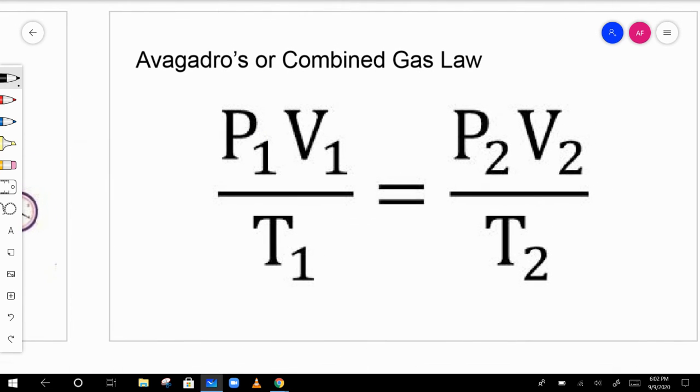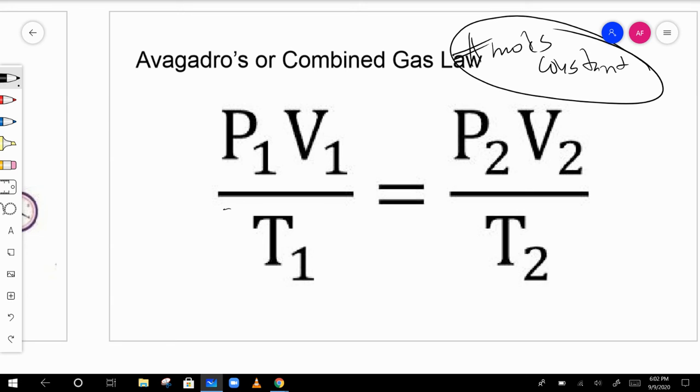Now, all of these laws combine together to form the combined gas law. And really, this is the only one you really need to memorize. PV over T equals PV over T. Number of moles is always constant here. That's the only one that's held constant. All the other ones are changing. But if you hold temperature constant, so you just say, okay, temperature doesn't change,